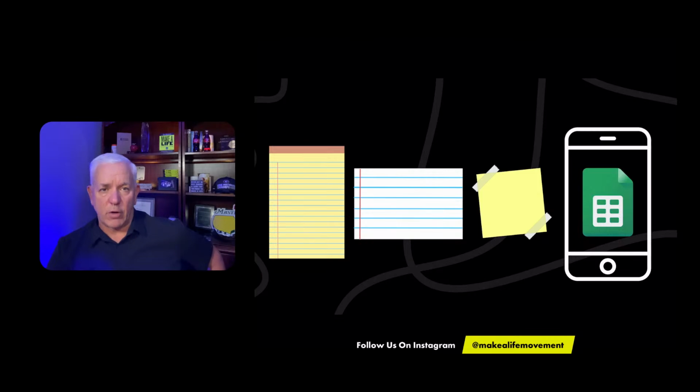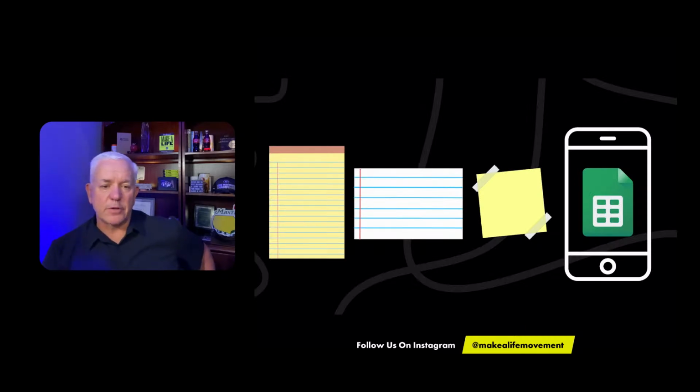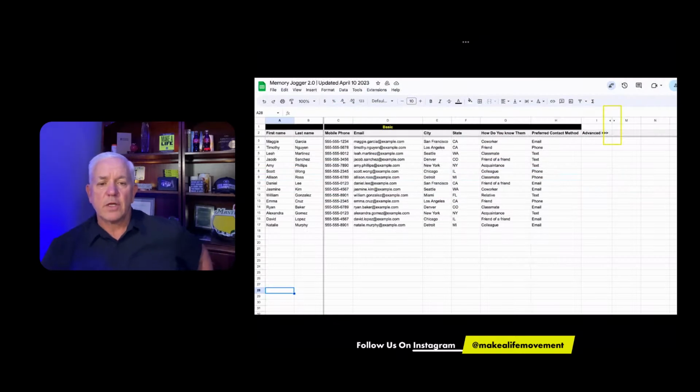And it has to be a dynamic, growing, changing list. It's not static. Now, you're going to be able to go to them, and I'll give you a link. But this is dummy data on here. But this is a spreadsheet. It's funny because, let me go back one. The same person that gave me this legal pad for their memory jogger sponsored someone who sent me their memory jogger on their phone with a Google Doc. Just one generation removed, it went from a legal pad to a Google Doc on a phone. So it's easy to change. So this is what that Google spreadsheet would look like on your computer. Okay.